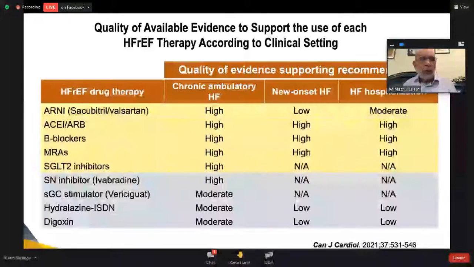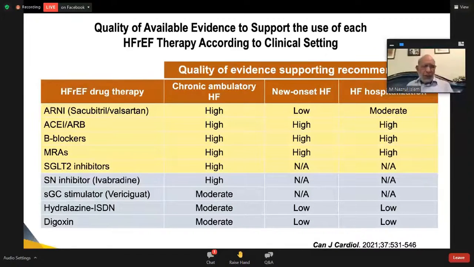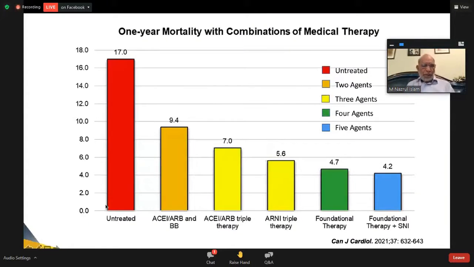Nowadays we have two types of drug classes: one is the conventional type, another the newer drug type. The conventional type is for everybody, and the newer is for personalized therapy. Now when we compare the one-year mortality, starting from untreated to the newer drugs, you can see it came down from 70% mortality to 4.2%.